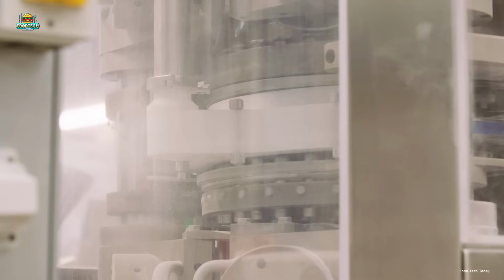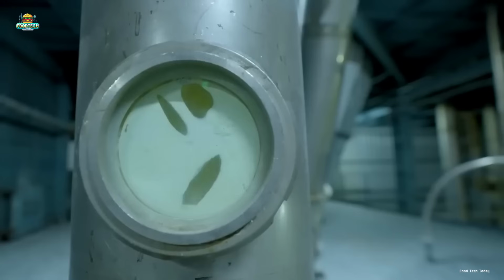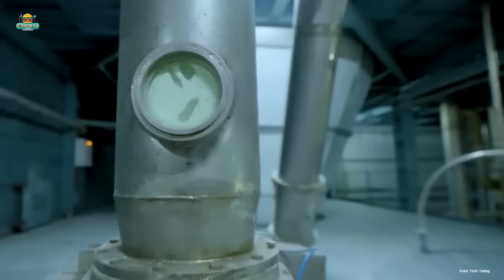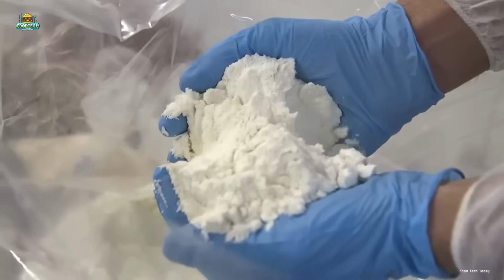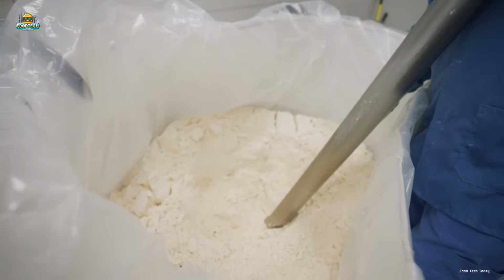The most crucial step is spray drying, an advanced technique that transforms liquid milk into powder form. During this process, the milk is sprayed into a stream of hot air, causing the moisture to evaporate rapidly and leaving behind fine, nutrient-rich milk powder. Once dried, the milk powder is fortified with essential vitamins and minerals before being packaged in a sterile environment. This high-quality ingredient is then ready to be blended with cocoa to create smooth, creamy milk chocolate, the key to